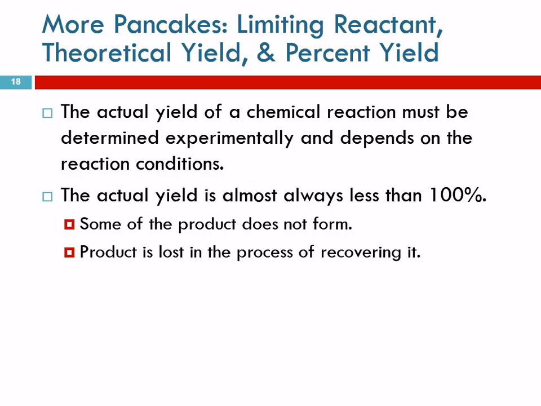And there's a variety of things that can happen that will keep your yield from being 100%. Not all chemical reactions go to completion. You might have all the right stuff to make 5 grams of something, but it doesn't actually go all the way. That's a very common thing that happens. There are also experimental errors that happen when you are collecting your product, or even in the process of making it. You might spill some of the reaction liquid or something, and you can lose some product along the way.